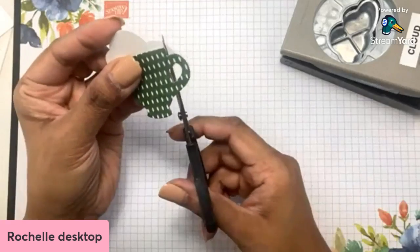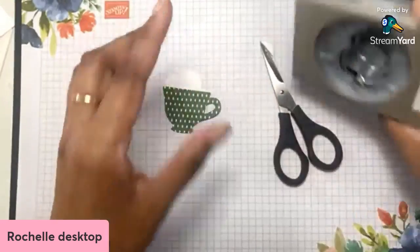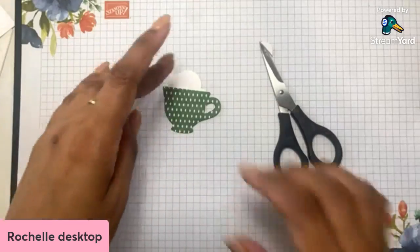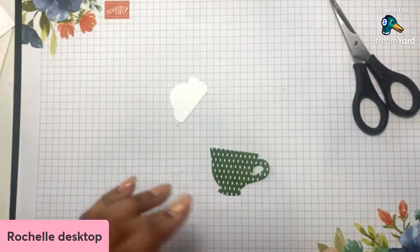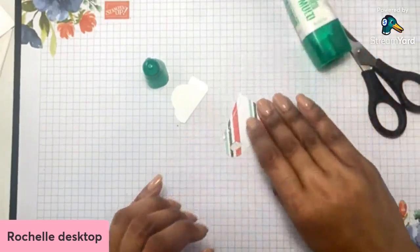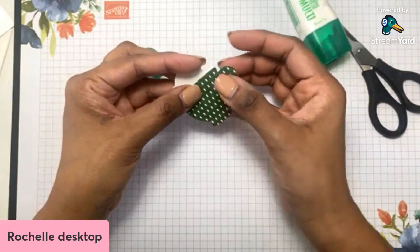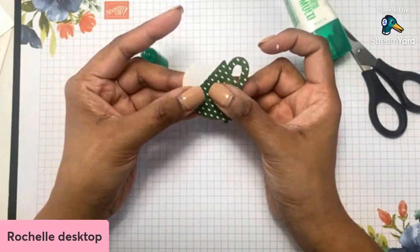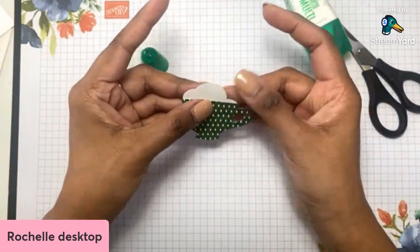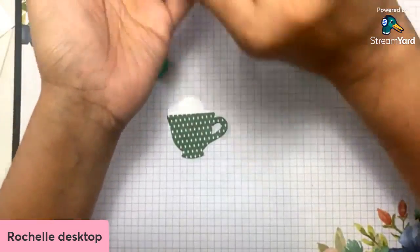Maybe, yeah. That might be better than that. So we get those nice curves of that. So that's the cloud punch, which is giving us a nice frothy top. So I'm just going to put a little bit of glue here so we can attach this. And when I give that white a bit of character, we'll bring our crumb cake